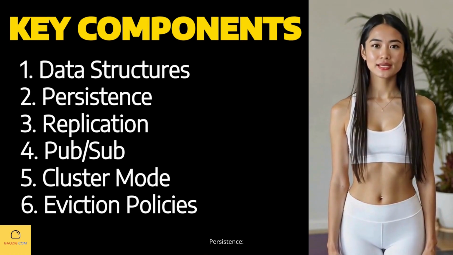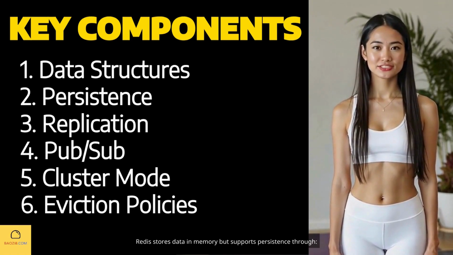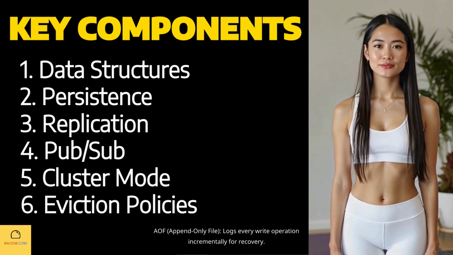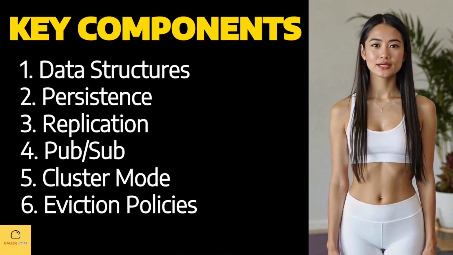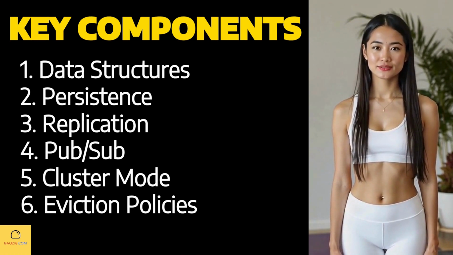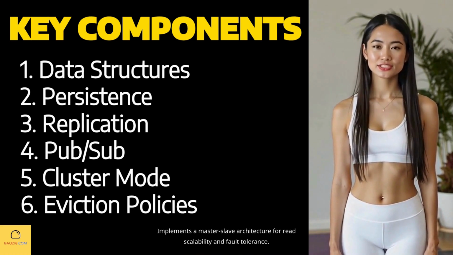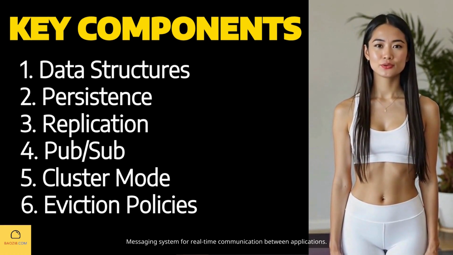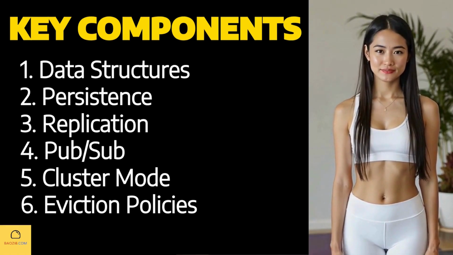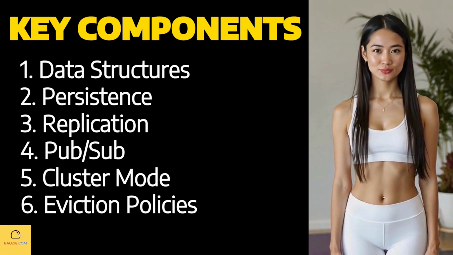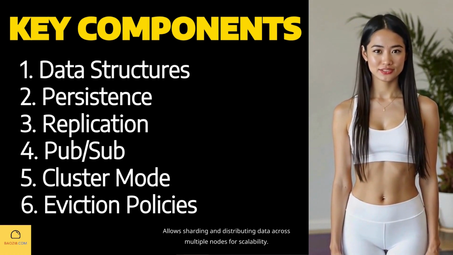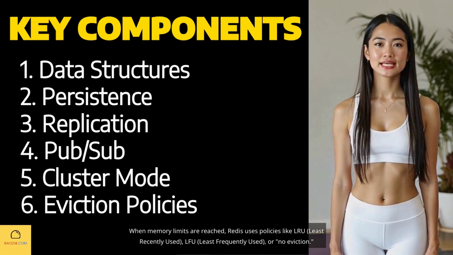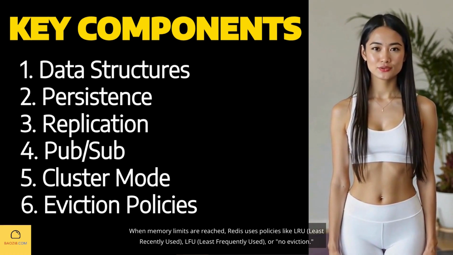2. Persistence. Redis stores data in memory but supports persistence through RDB snapshots, saves the entire dataset at intervals. AOF, append-only file, logs every write operation incrementally for recovery. 3. Replication, implements a master-slave architecture for read scalability and fault tolerance. 4. Pub/Sub, messaging system for real-time communication between applications. 5. Cluster mode allows sharding and distributing data across multiple nodes for scalability. 6. Eviction policies. When memory limits are reached, Redis uses policies like LRU, least recently used, LFU, least frequently used,